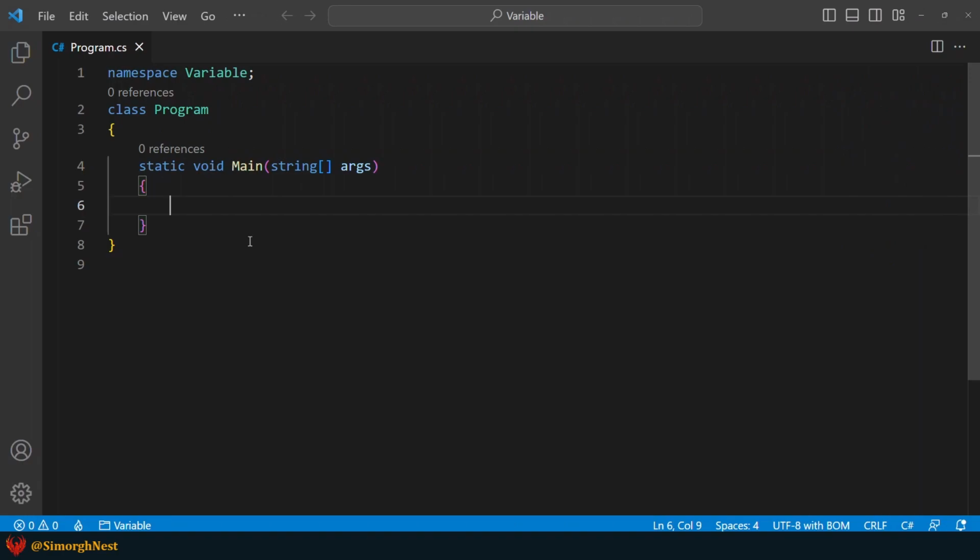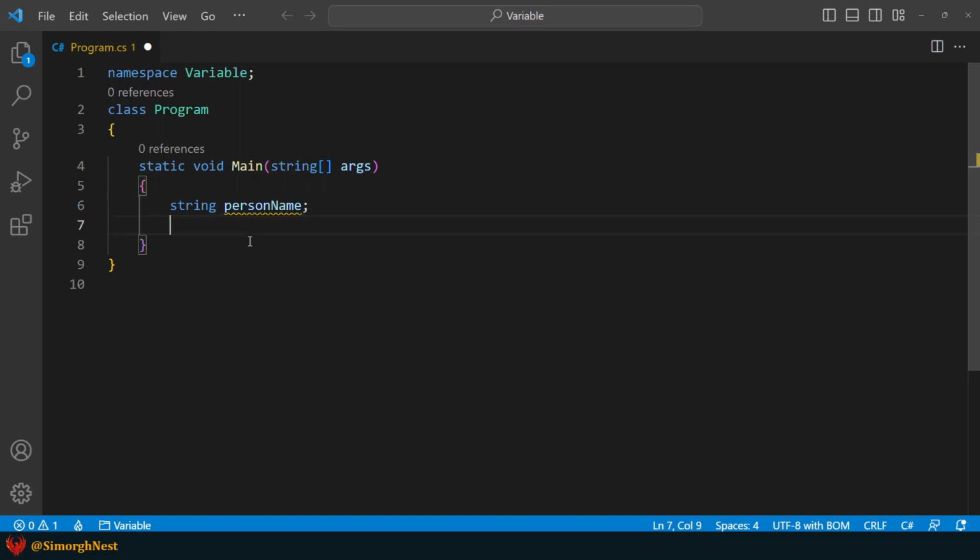Alright, in order to use any variables, we should declare them first. So, to declare a variable, we go for a string, person name, semicolon. As you can see, the data type of our variable is a string, and the name of our variable is person name.